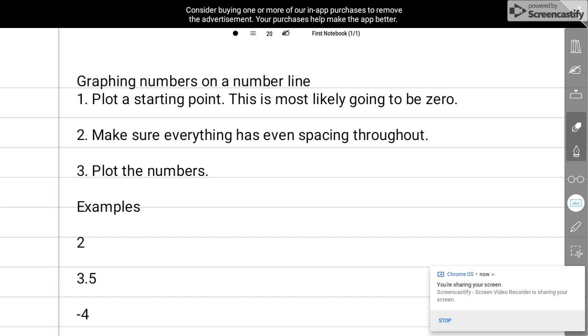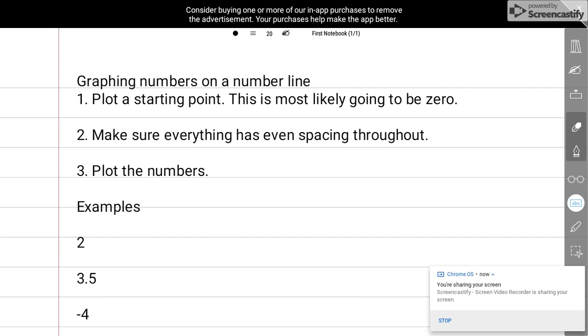Hey guys, welcome back. Today we're going to be plotting numbers on a number line, both positive and negative. So when you are plotting a point, you have to pick a starting point. Most likely this is going to be 0. 0 is a great starting point because it is kind of like the bridge between your positive and your negative